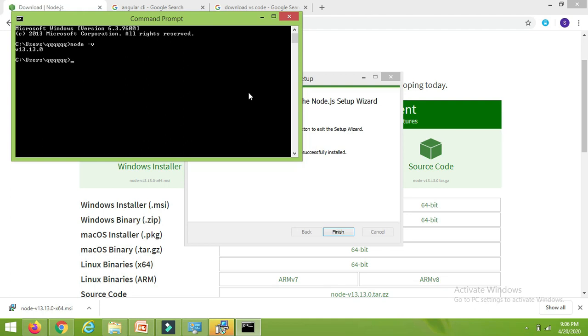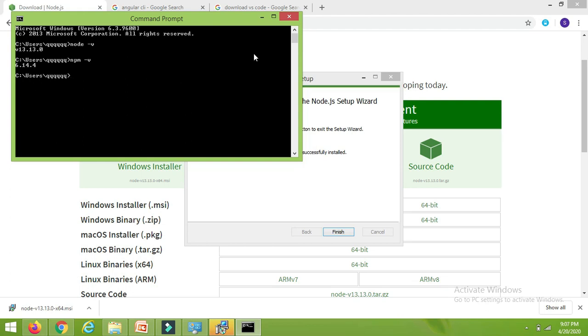So next we have to install npm. When we install Node.js, by default npm is installed. No need to install npm separately. So let's check whether npm is installed or not. To check this, we have the command npm hyphen v. It will give us the version of npm. It gives 6.14.4, which means we have successfully installed npm as well. So we have installed these two software, node and npm. Now the third one is the Angular CLI.